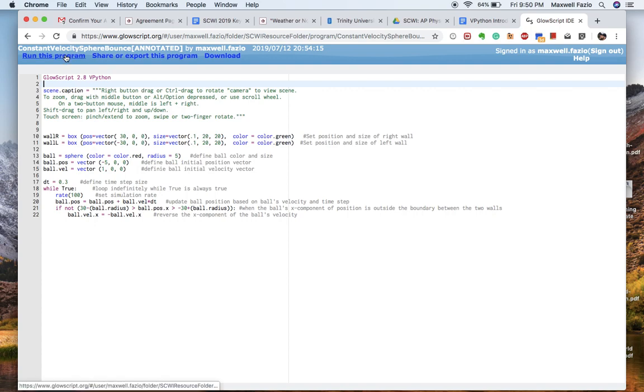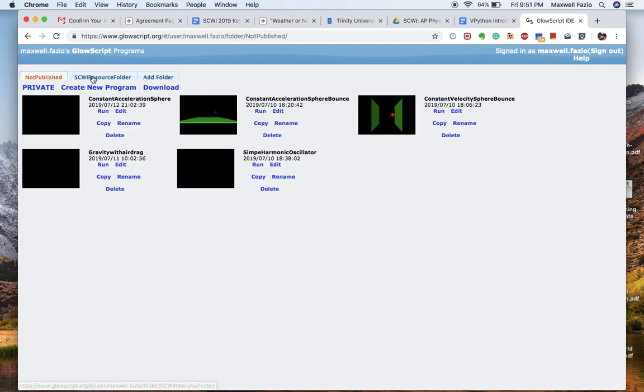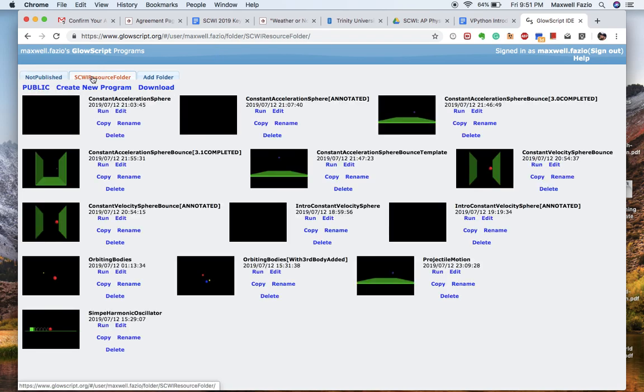So that's basically how the setup works. I can go back to my folders here. Notice that you can make new programs. You could probably download the files also to your computer, although I never do that because I don't have the need. So the reason this is really, really great is not only because it's pretty simple to pick up, but